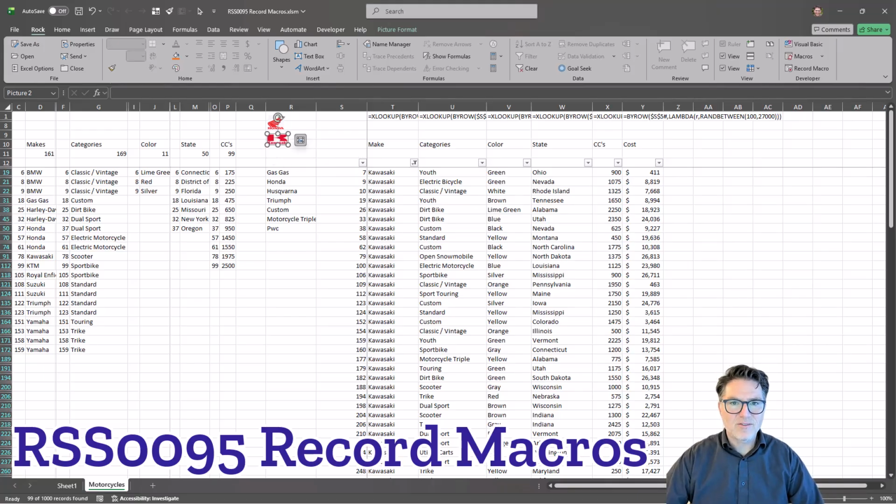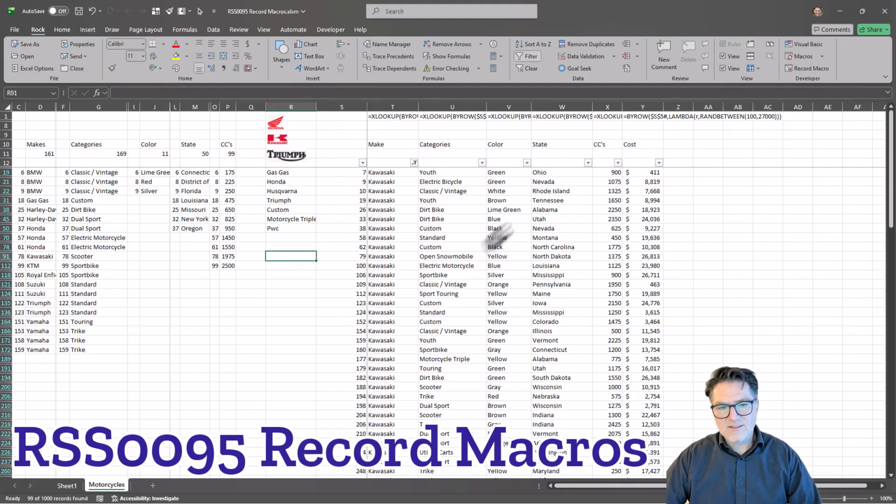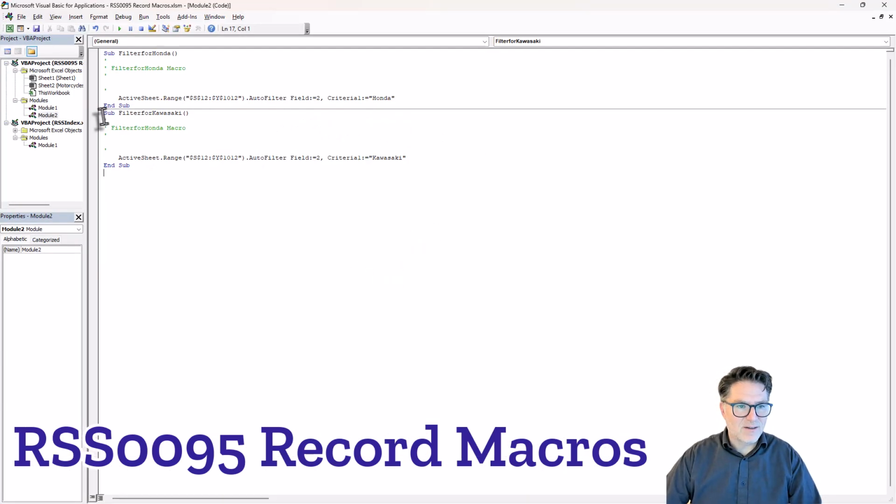We could have a Triumph logo. Take that, put that there. And you can see here, there's not going to be enough room for this, but I'm basically just illustrating a point that if I came over here and made another one for Triumph,